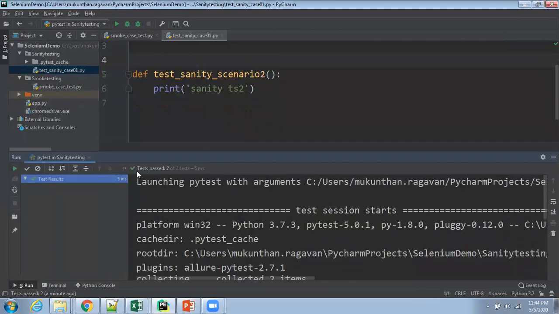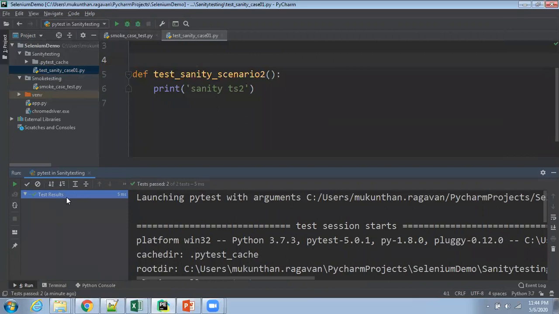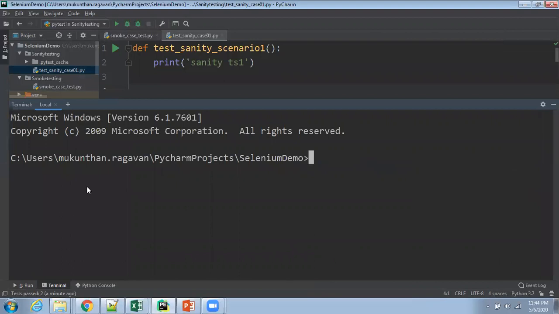However, we will execute these things through the command prompt, because the command prompt will be useful if you are doing some other integration with CI/CD tools. So let's click on here itself. Here you can see C:\Users, and whichever the folder structure, Selenium demo, till there, it's there. If I type PyTest directly here, it will execute everything.